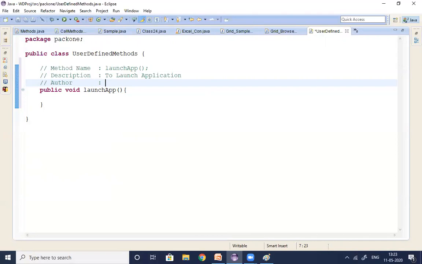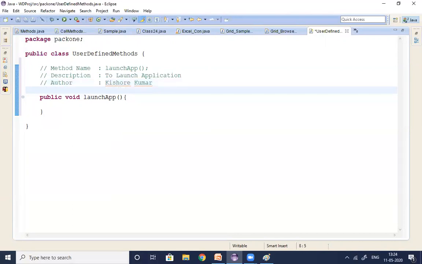If you have any clarification, who is the right person to clarify your doubts? The author. That is the reason we need to mention clearly who designed and created this method. Here for author information, we have to give the complete name or your project ID. So the project ID also we need to mention here, guys.